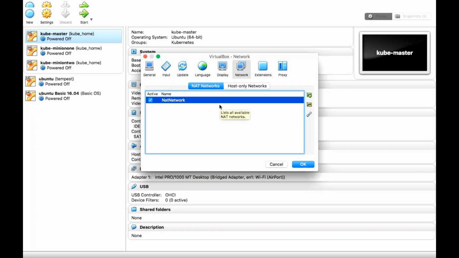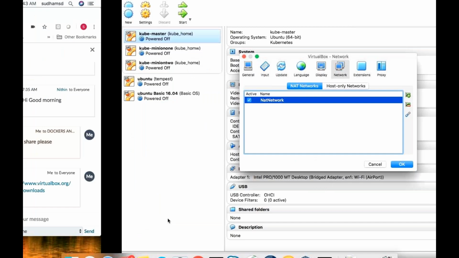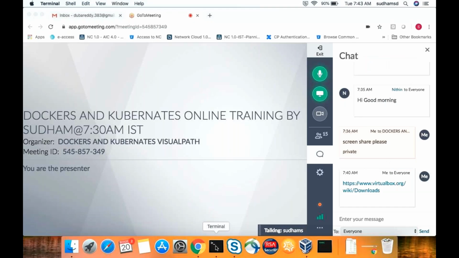Now why do we need to have a NAT network? If your VM has to communicate to the internet, like to the external world, we need to have a NAT network. NAT network will provide an IP address to your system as well as internet connectivity. But the problem is it doesn't allow incoming packets from the base machine.